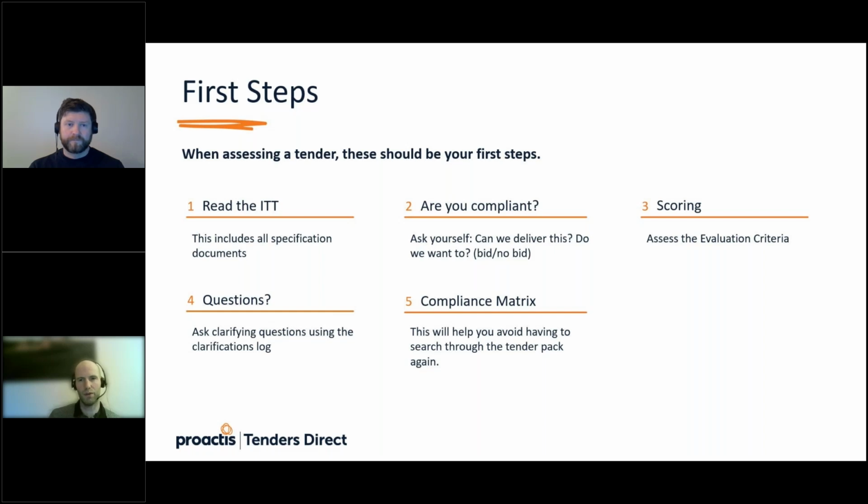I would say you can pursue it and make it clear that if you think there are ambiguities around the spec especially, I would be inclined to be reasonably firm in the language of the clarification question. Say this aspect of the specification is ambiguous, or this bit and this bit are potentially contradictory. Please revise, or please can you confirm what this is supposed to mean, or provide more details. You don't want to be in a situation where you're trying to second guess the ambiguity when you're constructing your responses. So do be a bit persistent in terms of those clarifications.